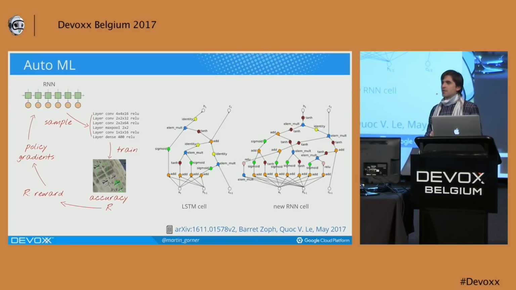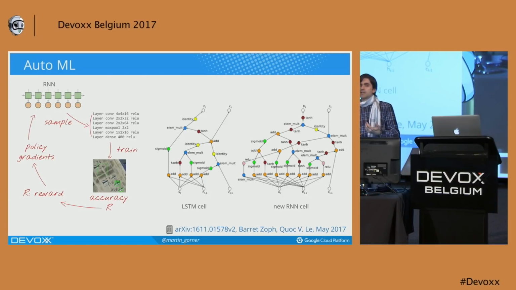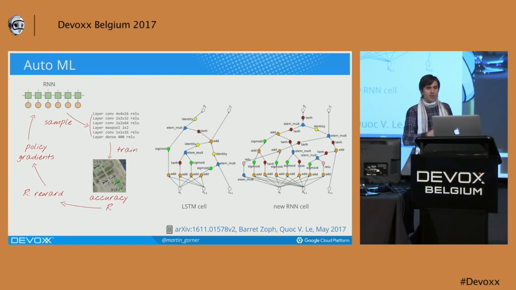So I think this is quite intriguing as well, to see that by combining these techniques, combining recurrent neural networks that we've seen, combining the reinforcement learning techniques that we have seen as well, you can build a circular system that will generate neural architectures for you. This is very advanced. This is not something that I recommend for your next project. But I kind of like where this is going.